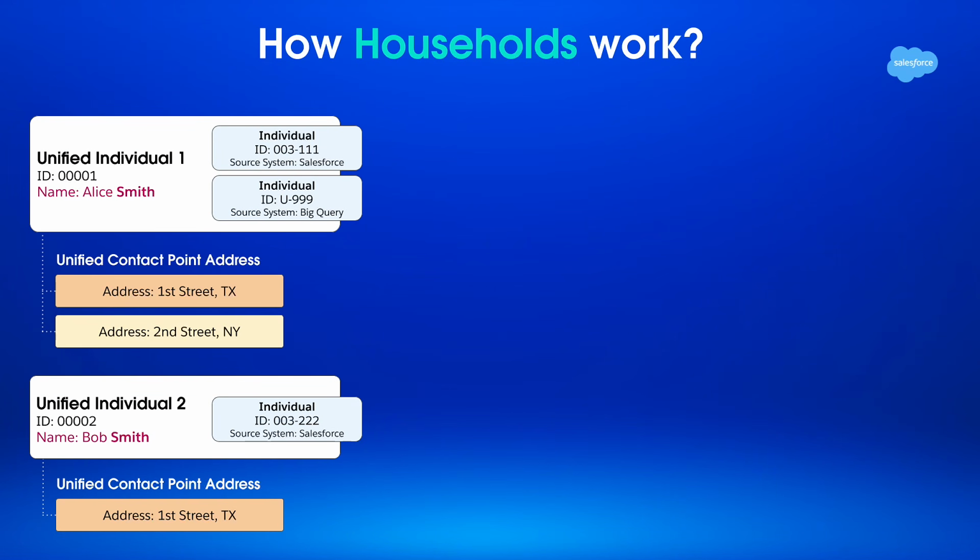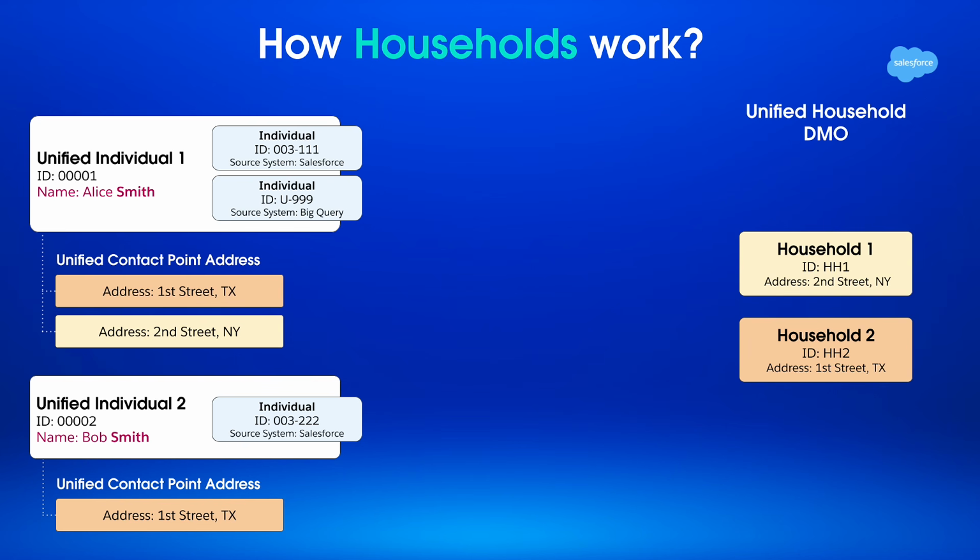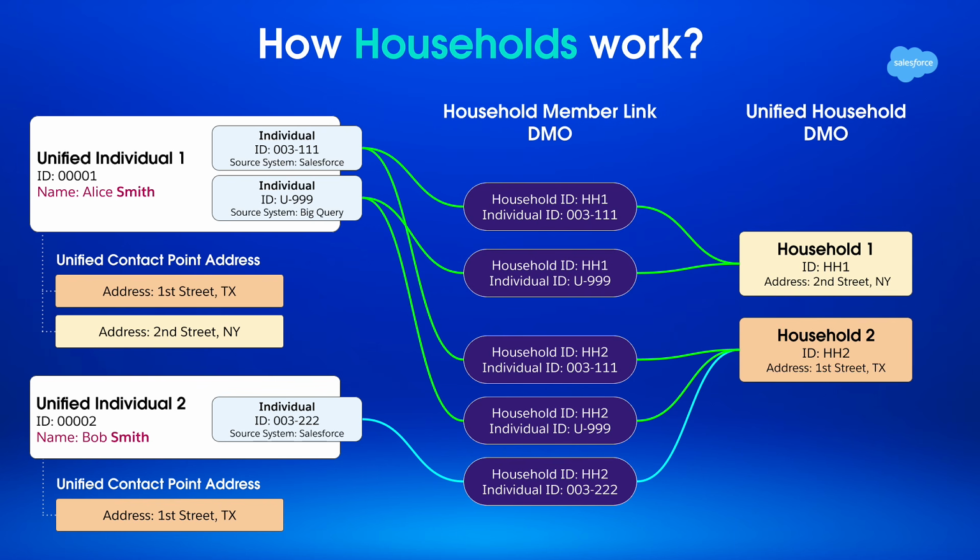In Data 360, you can use identity resolution to create households as well. Using the out-of-the-box rules, a household is created by grouping unified individuals with the same last name and address. This process creates a unified household DMO, and all the individuals belonging to the household will be linked through the